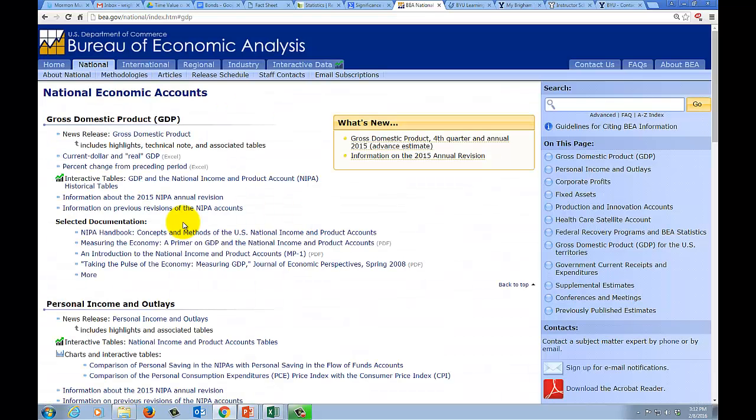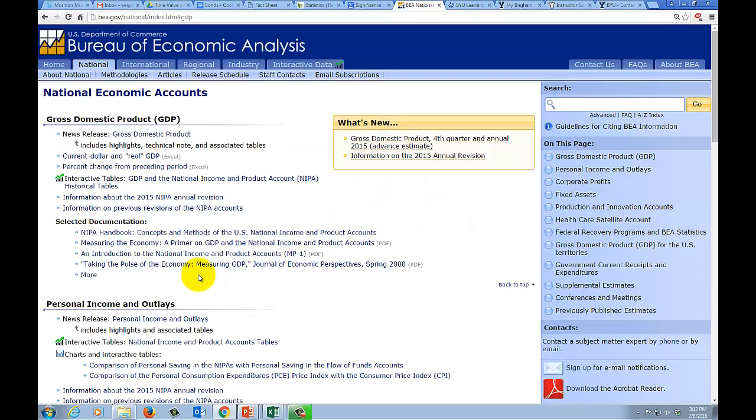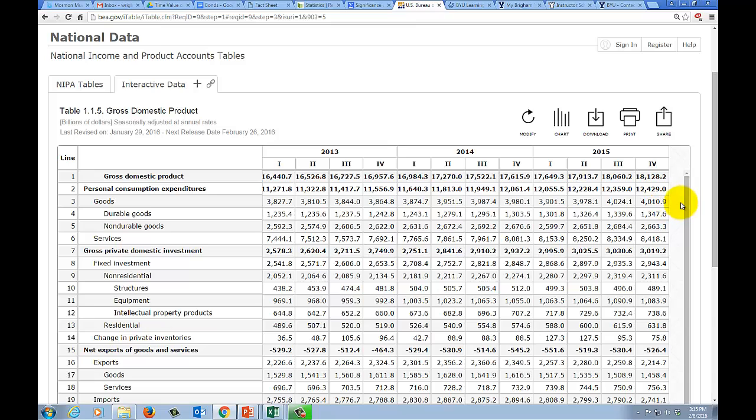If we're interested, we could also dig a little deeper and try to get the breakdown. In other words, we could try to figure out of the $17.9 trillion, how much comes from C, how much comes from I, how much comes from G and in X. So let me pull that up really quickly. Okay, so you can see I've actually pulled up the various components of GDP. Here's the $17.9 trillion. I'm not exactly sure why Q4 is showing 18.1. I'd have to go in and dig a little bit, so forgive me on that. But in the most recent reading that I show in the tables, GDP here is at 18.1 trillion,